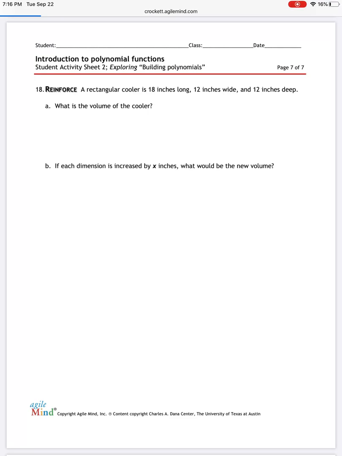On A, it says, what is the volume? Well, you're given 18 by 12 by 12. So remember the volume, you have to multiply. Volume is length times width times height. B is kind of like what we just did, except it says it is being increased by X inches. This time you have to know that increase means you add. Do we know the exact amount? No, it just tells us by X. And you have to find the new volume. So you have to make your new dimensions, and then you have to multiply to